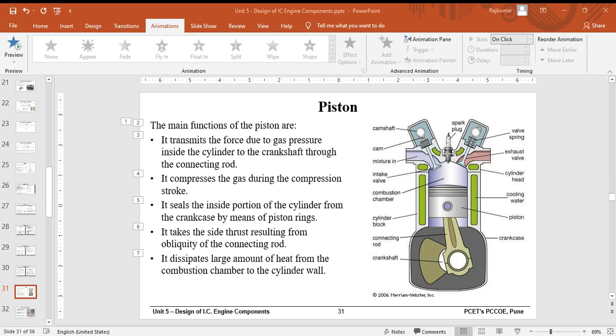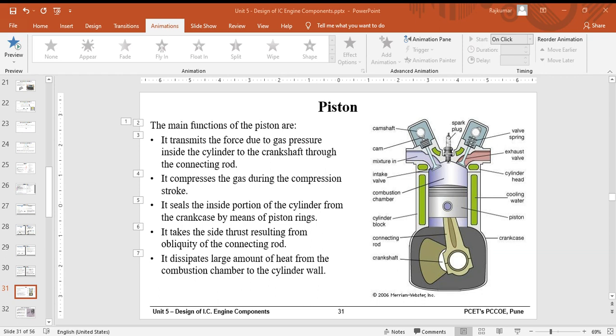First, aluminum alloy has high thermal conductivity, approximately 3 times that of cast iron. Therefore, an aluminum alloy piston has less variation in temperature from the crown to the piston ring. So that is a good property of aluminum alloy. The density is also very low with aluminum alloy. So weight is low, and so there is less inertia force.